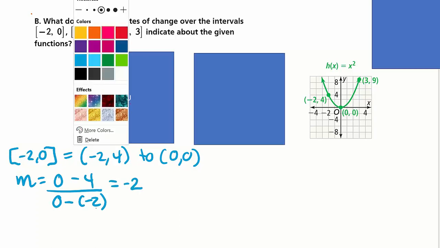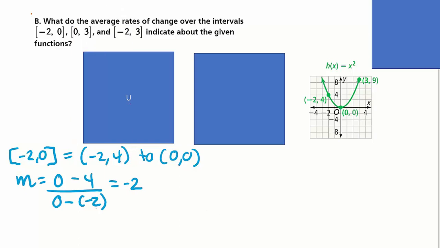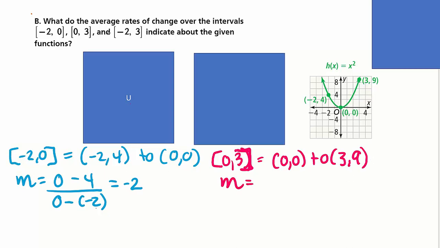Then we do the next interval, which is 0 to 3. So our coordinates are 0, 0 to 3, 9. We find our slope, y2 minus y1 over x2 minus x1, which is 9 over 3, which is 3. Now notice already that we have 2 different average rates of change, but we have to complete the problem